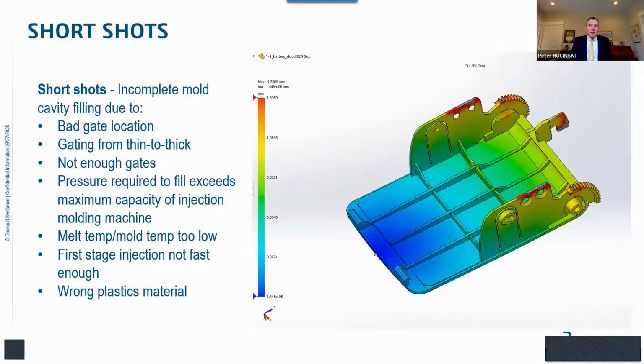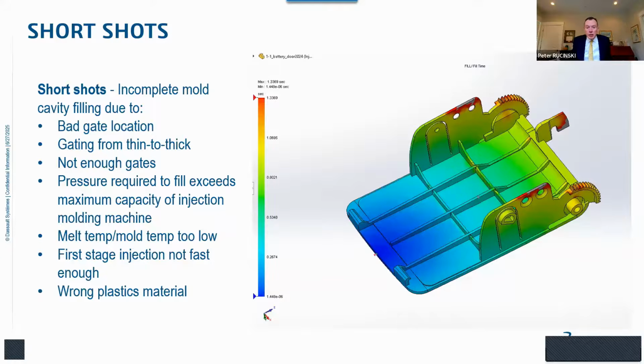It could be something like we just increase the size of the sprue or the diameters of the runner system, or we increase the thickness or the diameter of the gate a little bit. All of those things will lead to decreasing the pressure required at the injection molding machine. Could be our melt temperature is a little bit too low, or the mold temperature is a little bit too low, so we could play with temperatures. Could be that we're not injecting fast enough. Our first stage injection is just simply not fast enough, and again, the cooling effects inside the mold are taking over before we can properly fill and pack the mold.